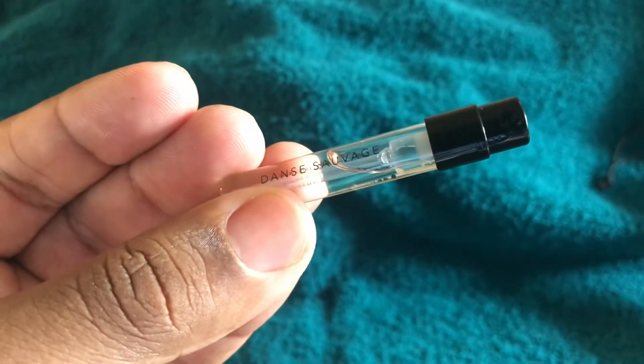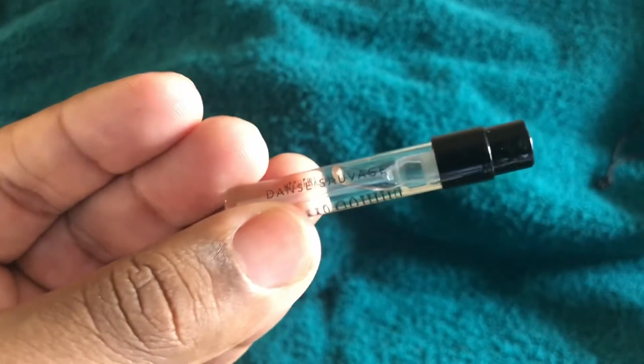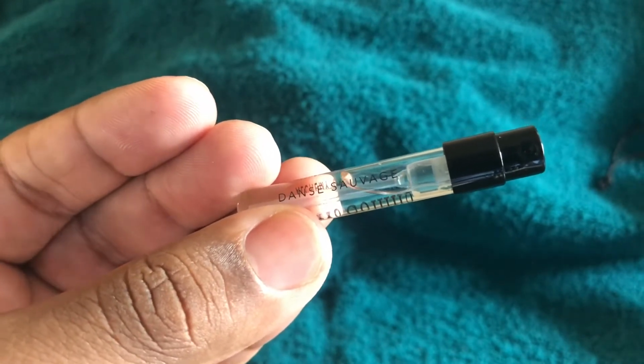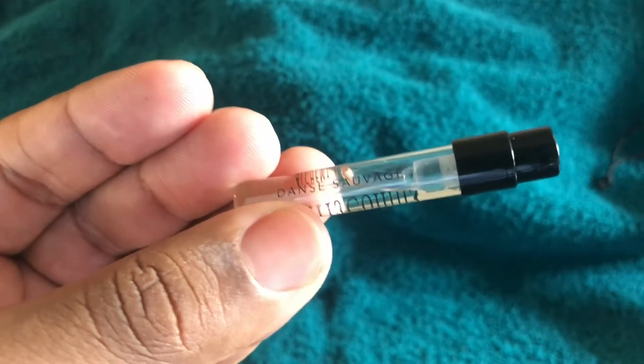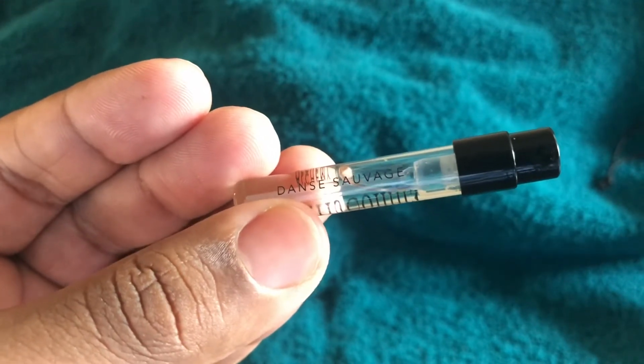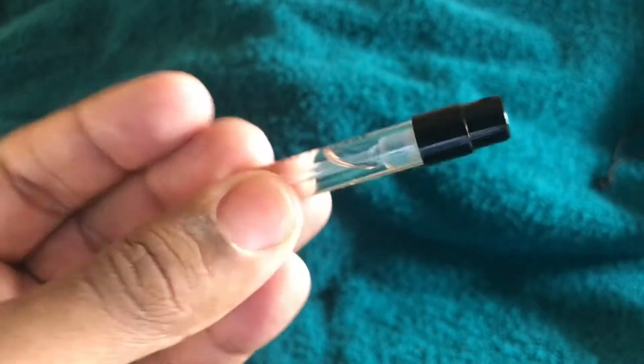So I would say this, and I'm sniffing, I would definitely say this Discovery set is worth trying. Definitely, so you can see what works for you, what's full bottle worthy for you. So again, that's Dance Sauvage. Next, we're going to go with